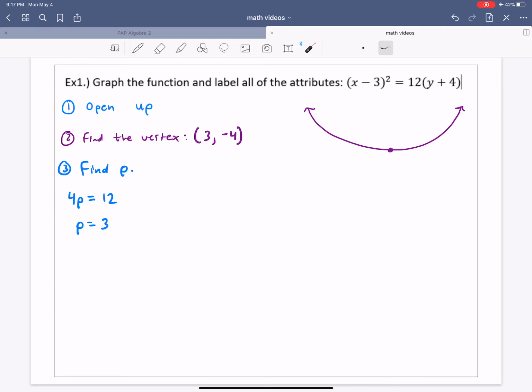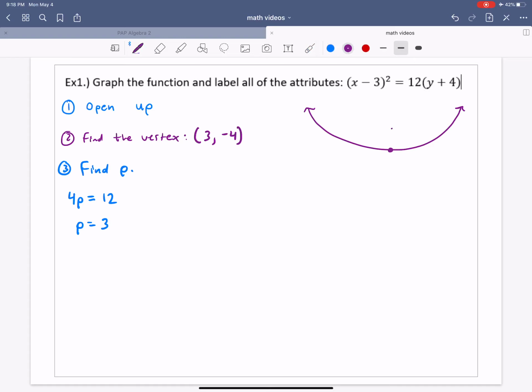But writing the actual equation here is always pretty easy. It's going to be 4p equals whatever that number is. Okay, so our p value equals 3. Okay, so then what we're going to do is remember from our diagram that